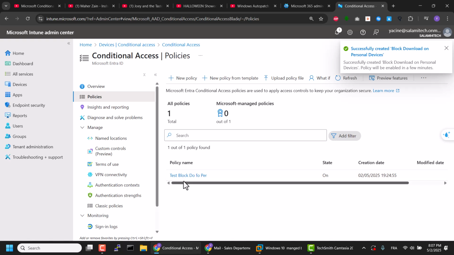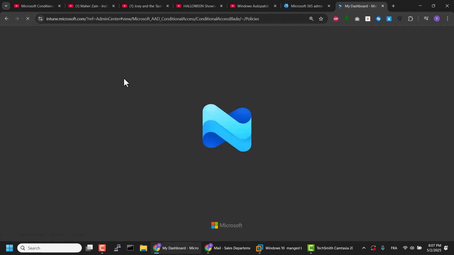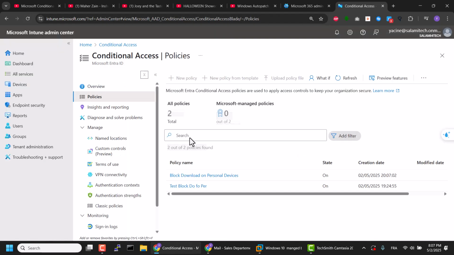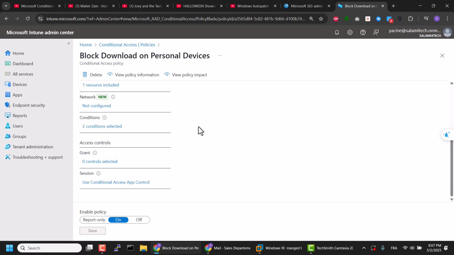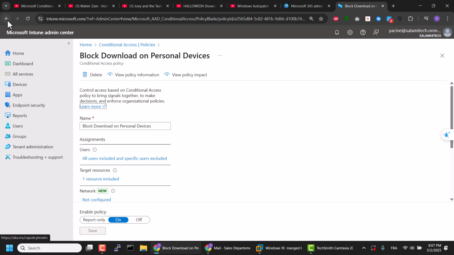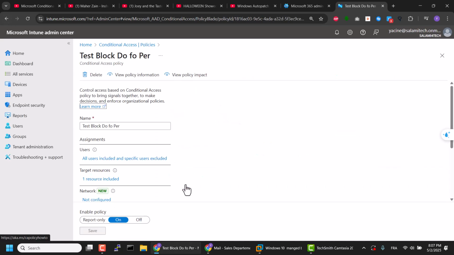As you can see, test block. Let's just refresh to see the policy we have created right now. This is the policy. If you click on it, you can view or modify, and also you can view the reporting from view policy impact.